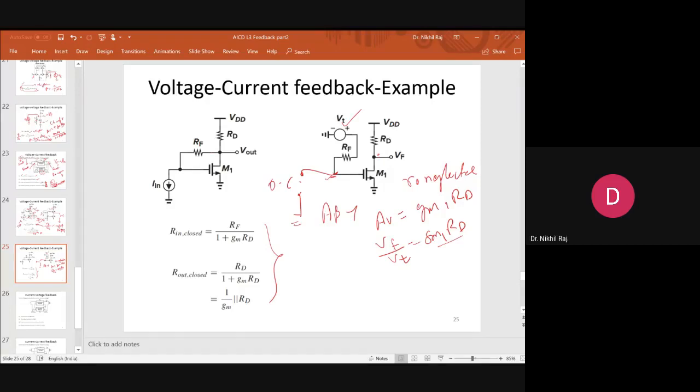So now what will be the input and output resistance? Since it is a voltage to current feedback, that is V to I, this means it is nothing but your shunt configuration. Shunt and input also shunt. Shunt means your R will decrease. So that's why your input and output resistance both are decreasing. What is the input resistance seen here? Input resistance will be standing here, what I will see with respect to ground is RF, and standing here what I will see with respect to ground is RD. So RF will decrease by a factor of 1 plus gmRD, and RD also will decrease by 1 plus gmRD.